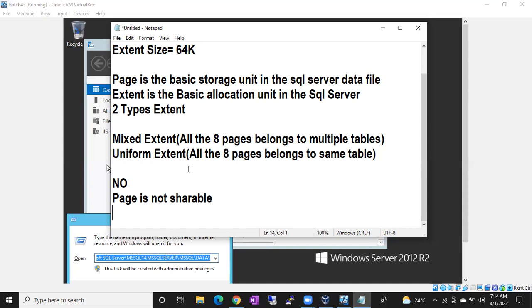So next time, whenever the table is big, SQL Server will keep adding extents. That's why extent is called the basic allocation unit. SQL Server will keep adding the extents if your table size is increasing and you are inserting more and more data into the table. In the back end, SQL Server will add extents, 64 KB each time. That's why extent is a basic allocation unit, whereas page is a basic